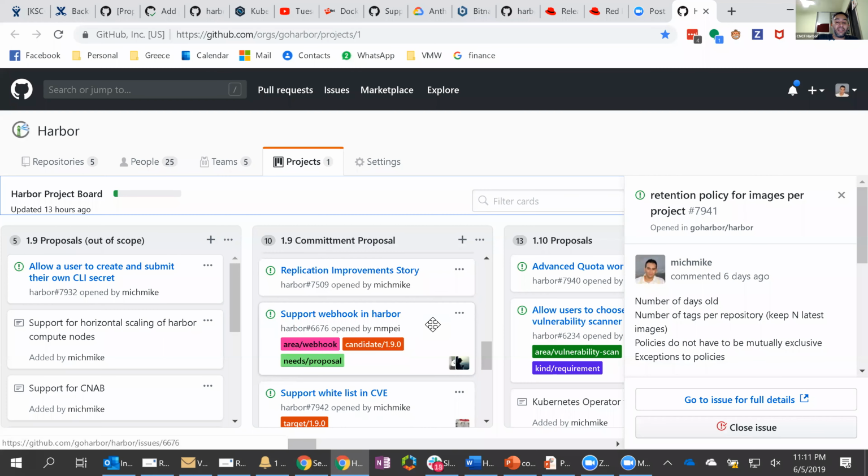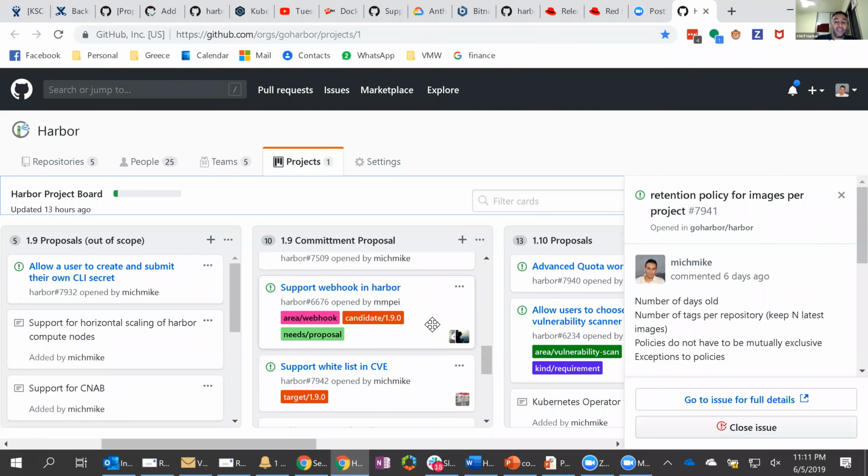Webhooks was a story that we initially were targeting for 1.8. It ended up not making it in. So now we're going to revamp that work and add support for webhooks in 1.9. Alex Zhu, one of the new members of our Harbor community, is actually cataloging a list of all the supported webhooks that we're going to have with this story. And once we have that, we'll publish that to the community, request feedback, and then we'll continue executing on this story.